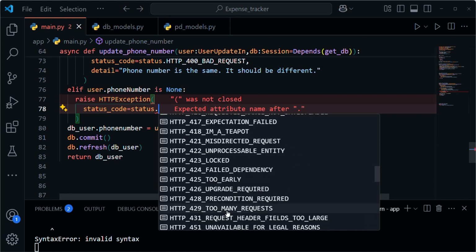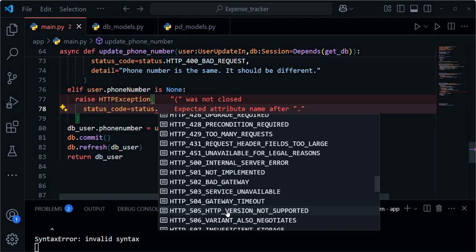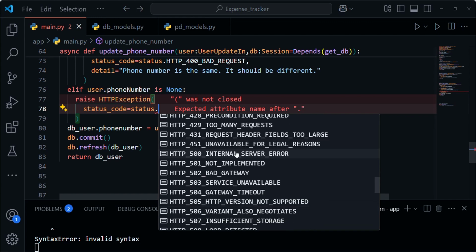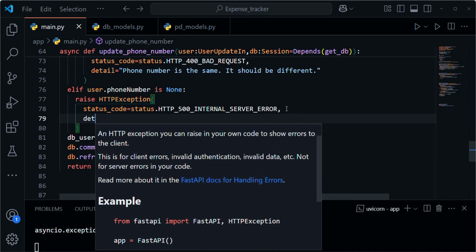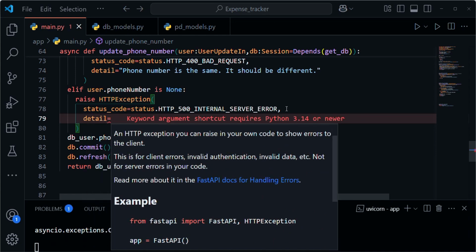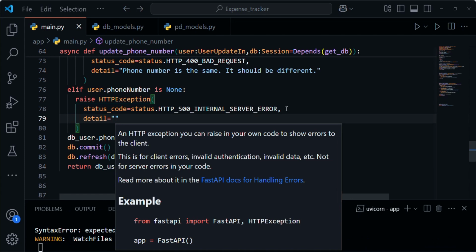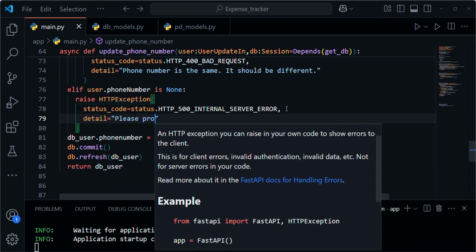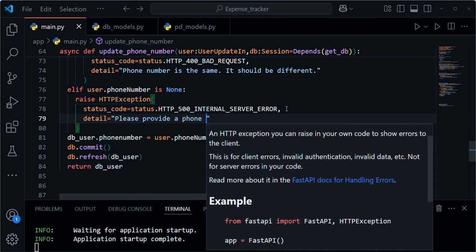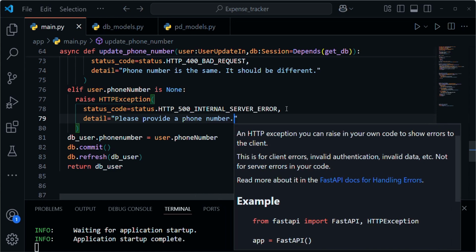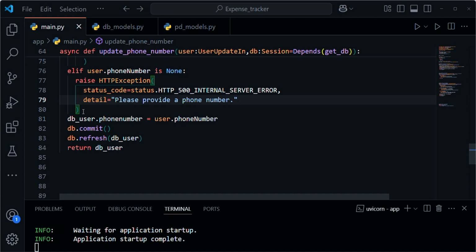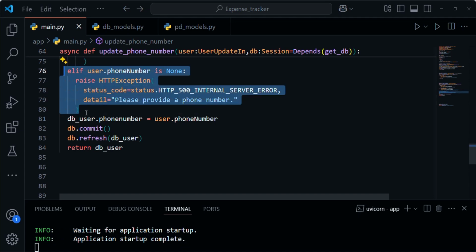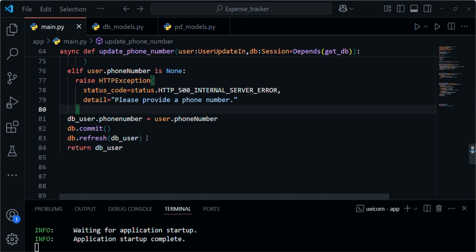I'm going to say internal server error, 500. And I'm going to say detail, give a detail message. The detail message is going to say, please provide a phone number. Yes, so that's what we are going to say if the phone number is the same. But if it's not, then we are going to just quickly do the update and return